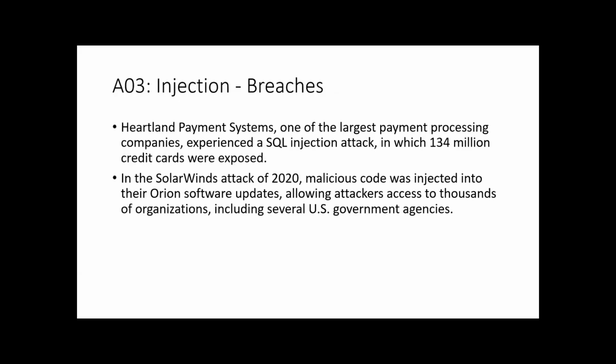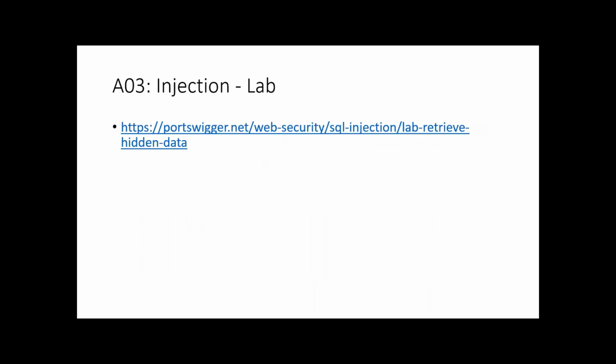There are two incidents which happened in the past. One is Heartland Payment Systems, where the attacker attacked through SQL injection, and they actually exposed 134 million credit cards. Similarly, SolarWinds was a code injection case where one of their products, Orion, was compromised and code was injected in their development pipeline, and that was distributed to their customers, and their customers' data was also compromised due to this. So we are going to discuss code injection in the future, but we are going to see a lab